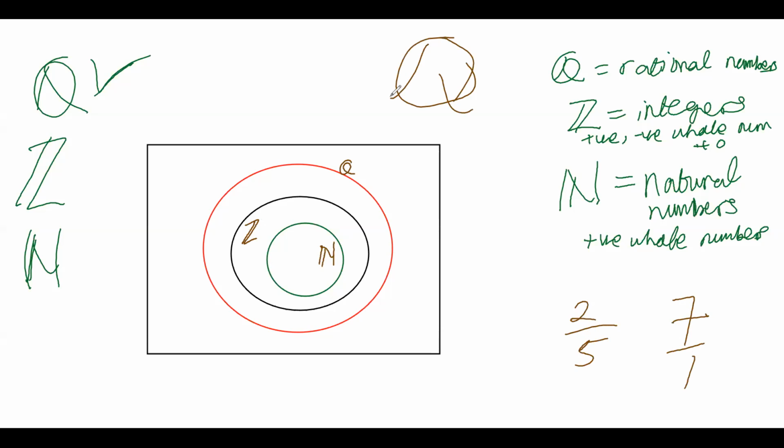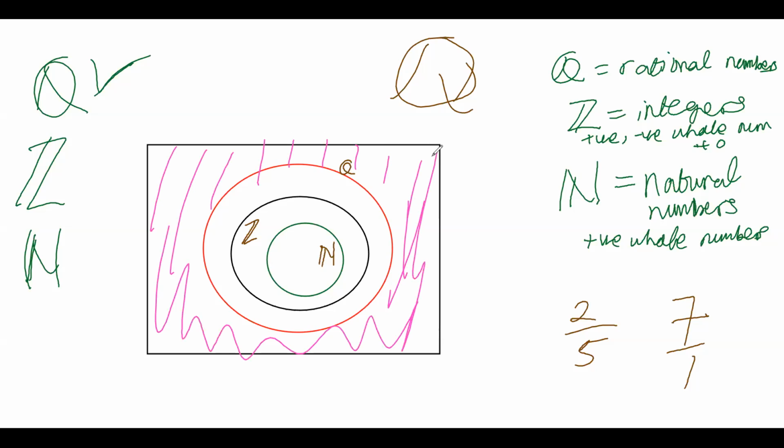So you have labels. Now, what is Q prime? So how do we get our Q prime? It is everything outside of Q. So everything outside the red circle, that's our Q prime. And the last thing is to put some numbers somewhere. It says 7. Where will 7 be? Inside N, the smaller one. It's inside the green. Yes. Because that means it's also within Z, right?